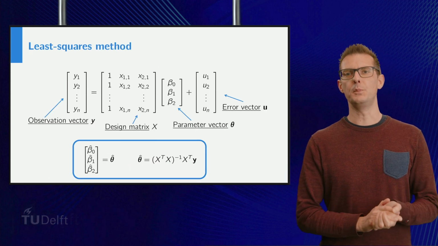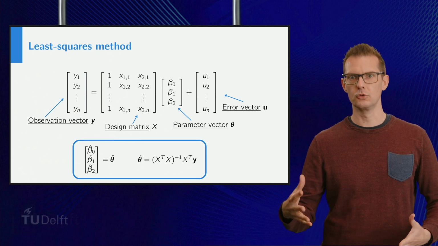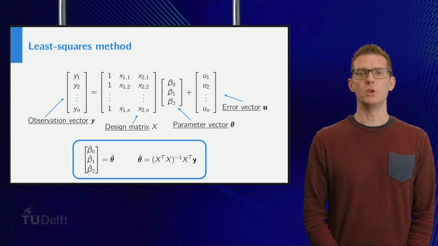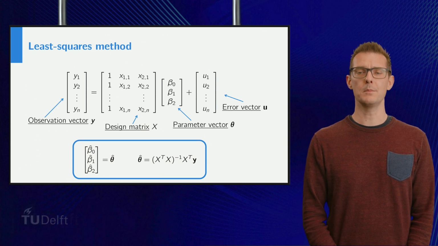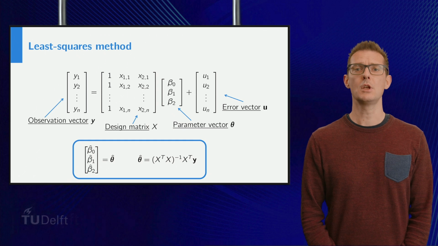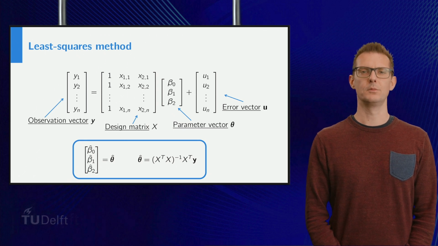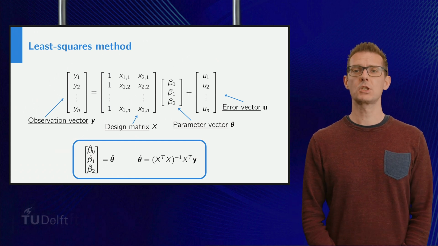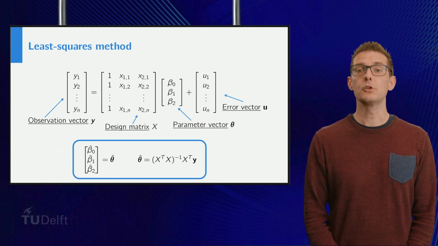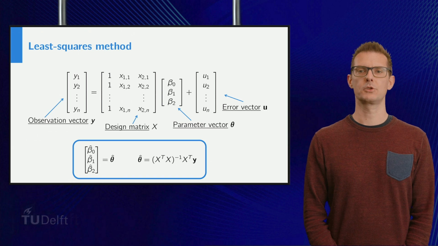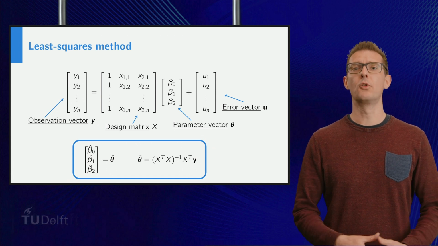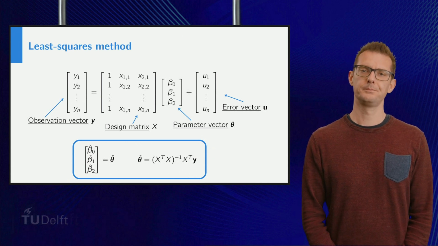Now these parameters, beta 0, beta 1 and beta 2, are estimated using the least squares method, which finds the best fitting formula by minimizing the squared differences between actual and predicted prices. Data is organized into a design matrix X, allowing us to calculate these parameter estimates. The least squares estimates for our parameters can be found with the formula that you see on the screen.